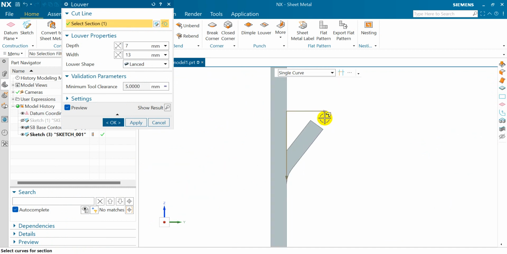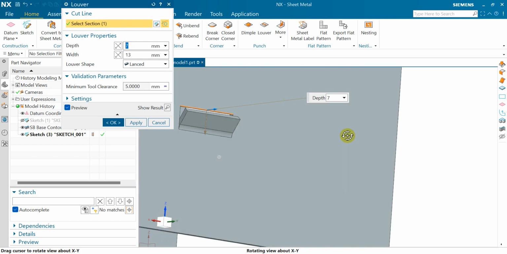Watch this. Now this is the value 713. For depth, you click on Reverse Direction. This is Reverse Direction. Then click again Reverse Direction and fill in their value. And this is width. Width means